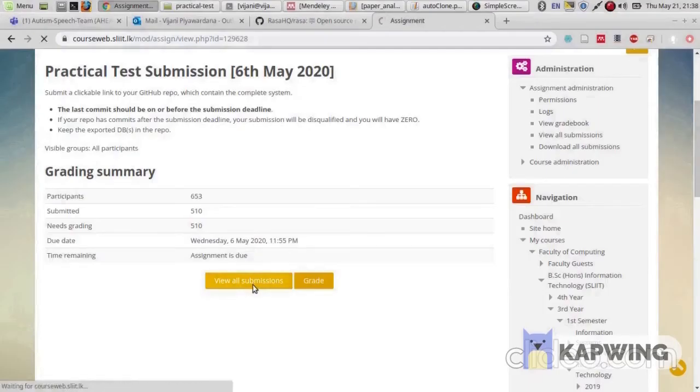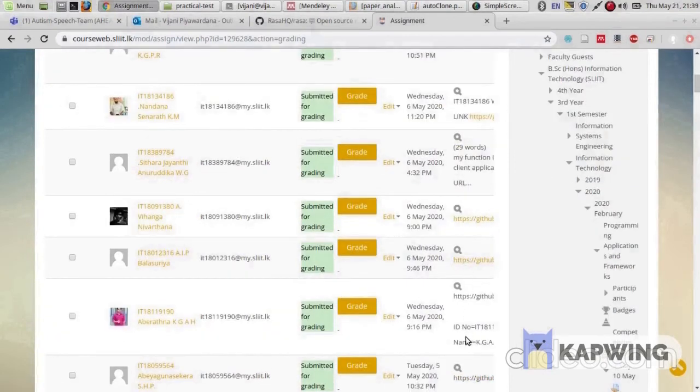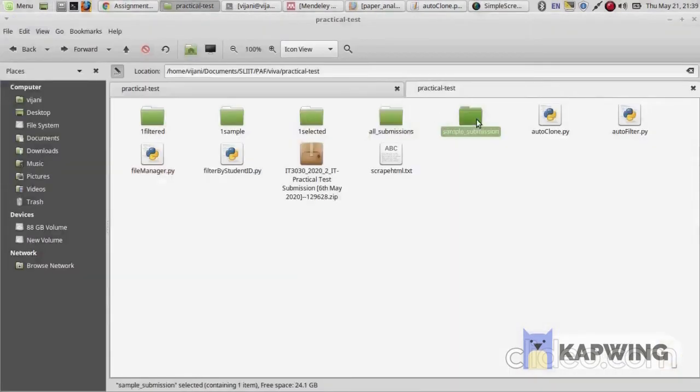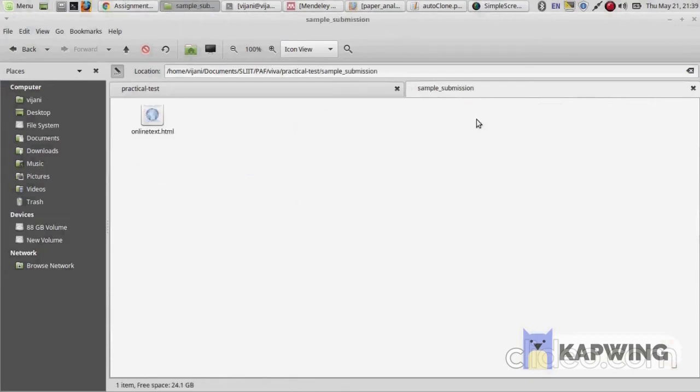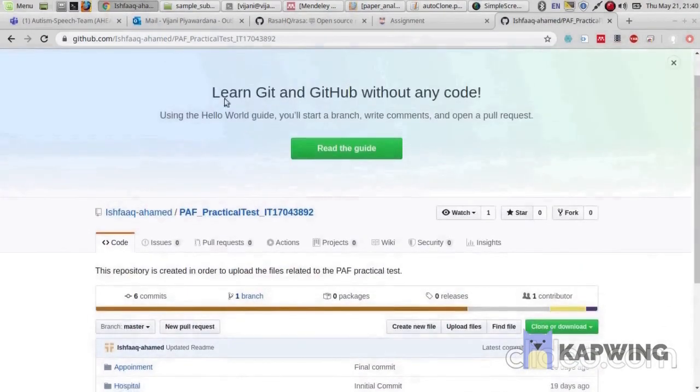According to this assignment, students were asked to create the client application online and to put it on GitHub and submit the GitHub URL into the courseware according to the instructions. So when downloaded, the student submissions will look like this. There's a sample submission, I'll open and show you. Inside the submission, there's an HTML file which contains the GitHub URL. So in this case, the issue is we have to access students' GitHub URLs one by one and evaluate the coding work they have done.